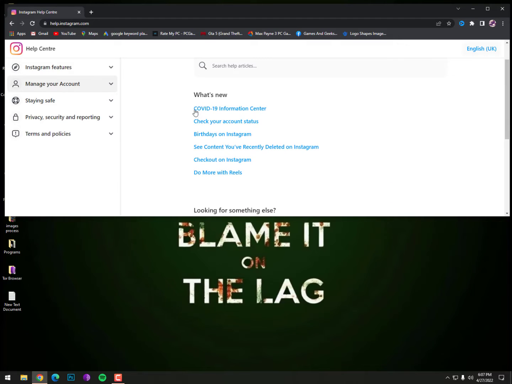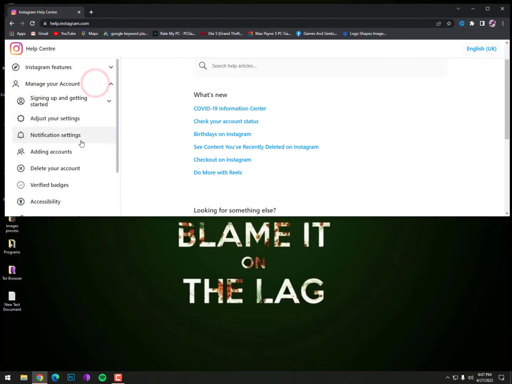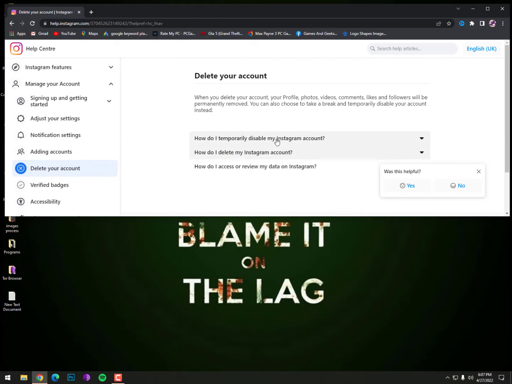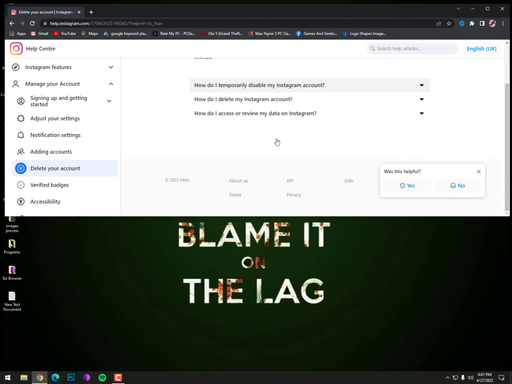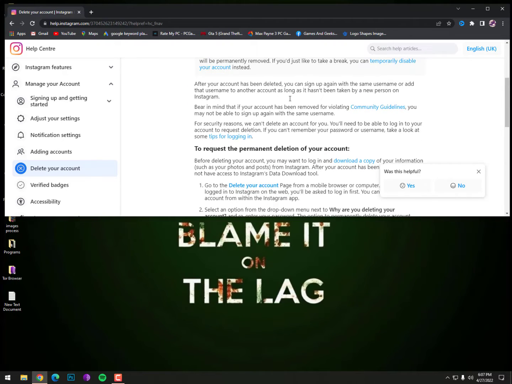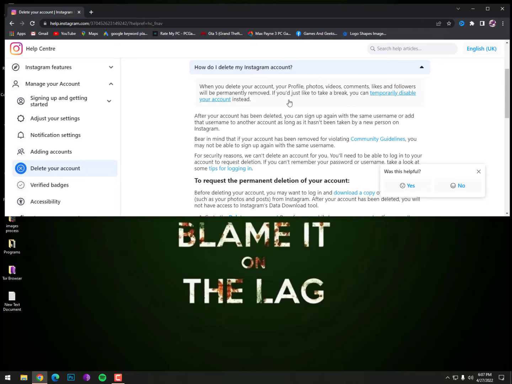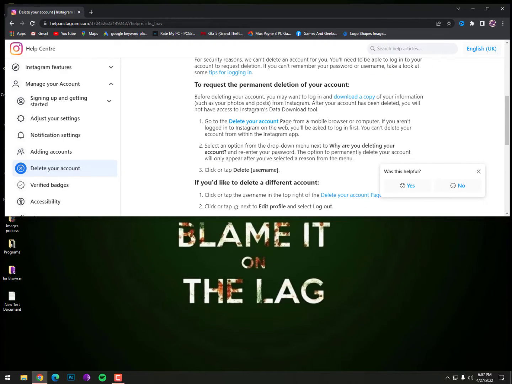Now on the left side you can see here manage your account. Now in the manage account section you can find the delete your account, so just click on it. Now, how do I temporarily disable my Instagram account, how do I delete my Instagram account, how do I access or review my data on Instagram. So how do I delete my Instagram account, just click on it. And now there are a lot of options. Temporary options are here, you need to delete your account, so here you can see delete your account, just click